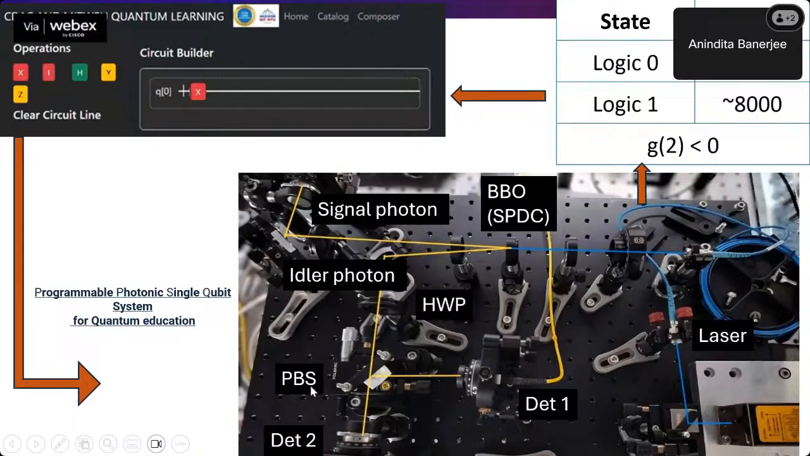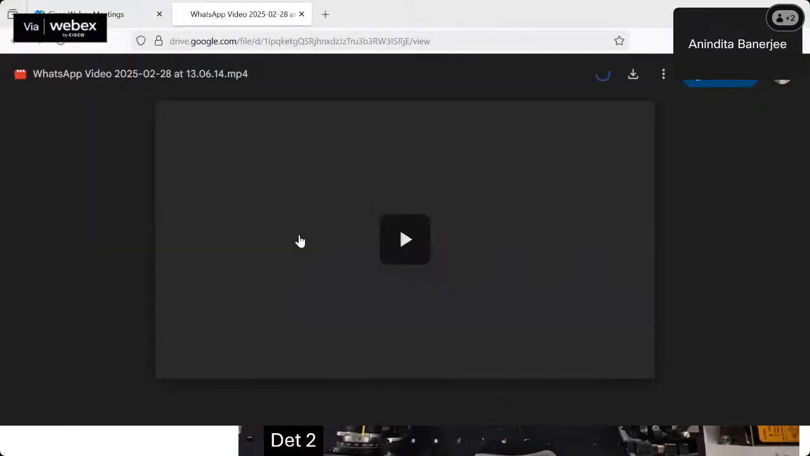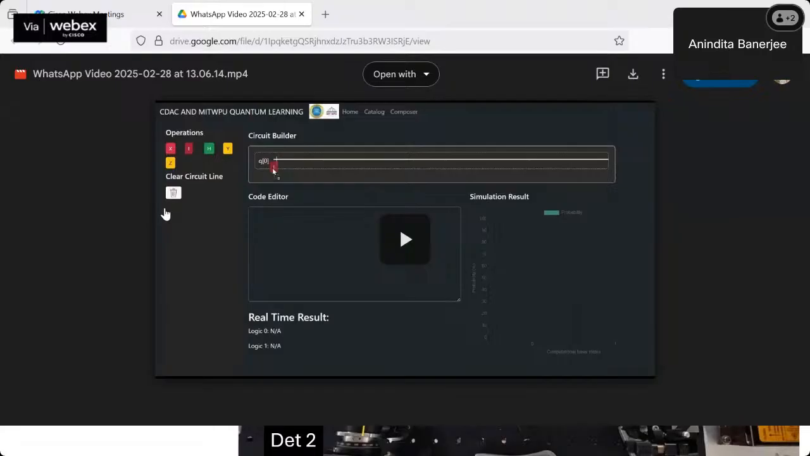So I think I've covered the important optics which are used in any communication or computing experiment. Now, this is a small video I want to show you. There is a logical plane where the student drags and drops the gates in the circuit builder. There is a code editor which executes the code. There's a simulator. You will see that in the ideal case, the histogram shows all events are in